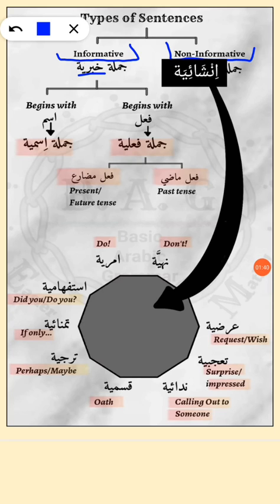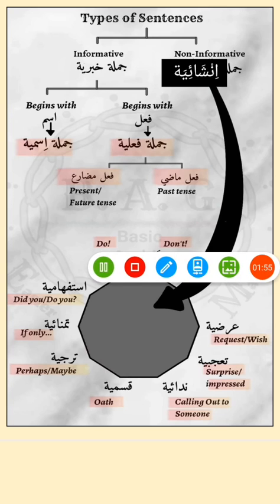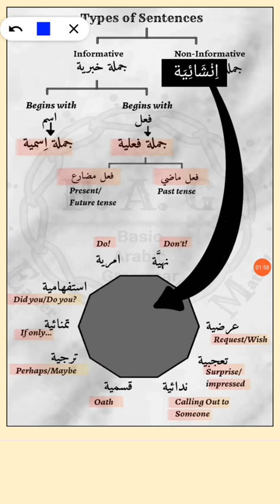Now, before talking about this category, first let's get done with jumla inshaiya. What are the ones that do not give us any information? So as you can see, there are certain types of these, and we all know about these things. These are just the fancy words that if you want to remember, go ahead, remember these terminologies. If you don't want to do so because you're not too comfortable with them, it's totally all right. Just understand the concept. That is it.